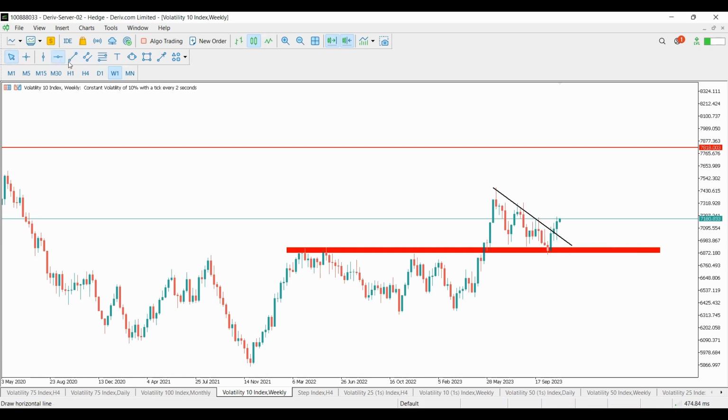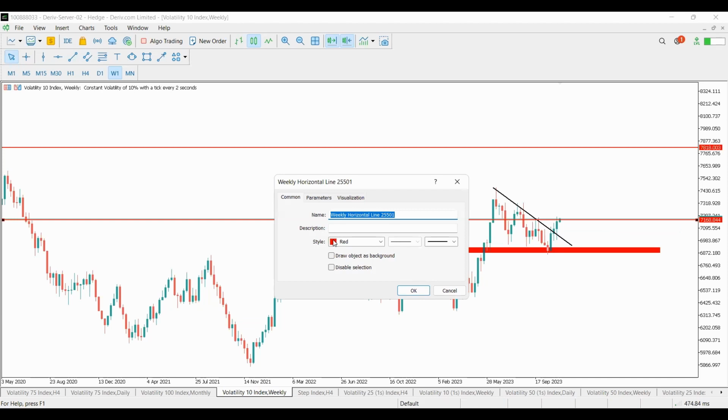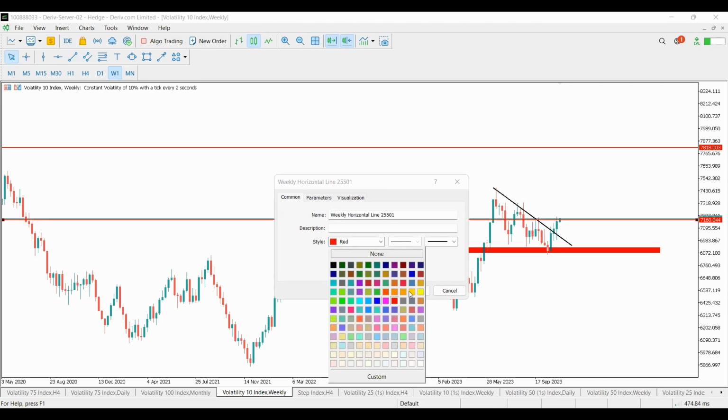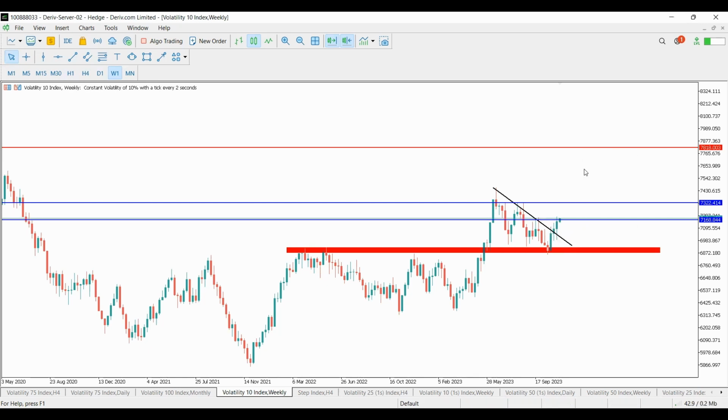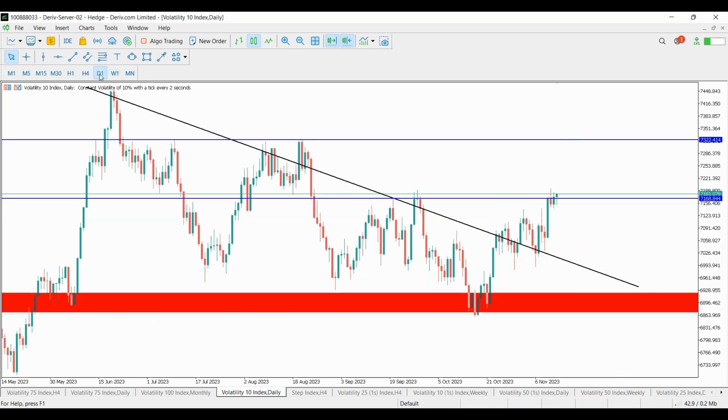But also we can add in some levels that we can be using for scaling in case we didn't take the trade from down there. Where can we take our trades from, or where can we add trades from, right? So we have this area here, and also we have this area here. So currently the market is breaking above this area here, and we shall expect the market to retest before going to the area that we want the price to reach. Let's check if daily also agrees.